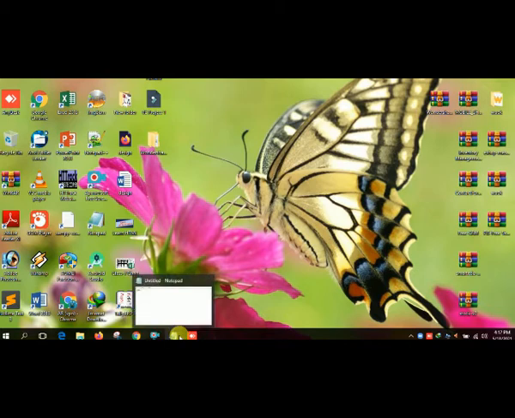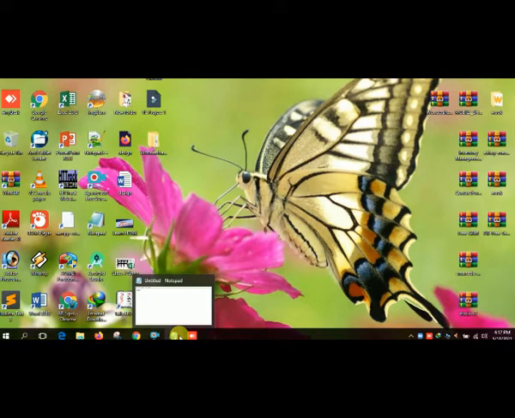When your mouse cursor is on it, you see the untitled notepad. So notepad is already running in my background. It's called task view. You can find how many applications are running in the background easily from the taskbar.